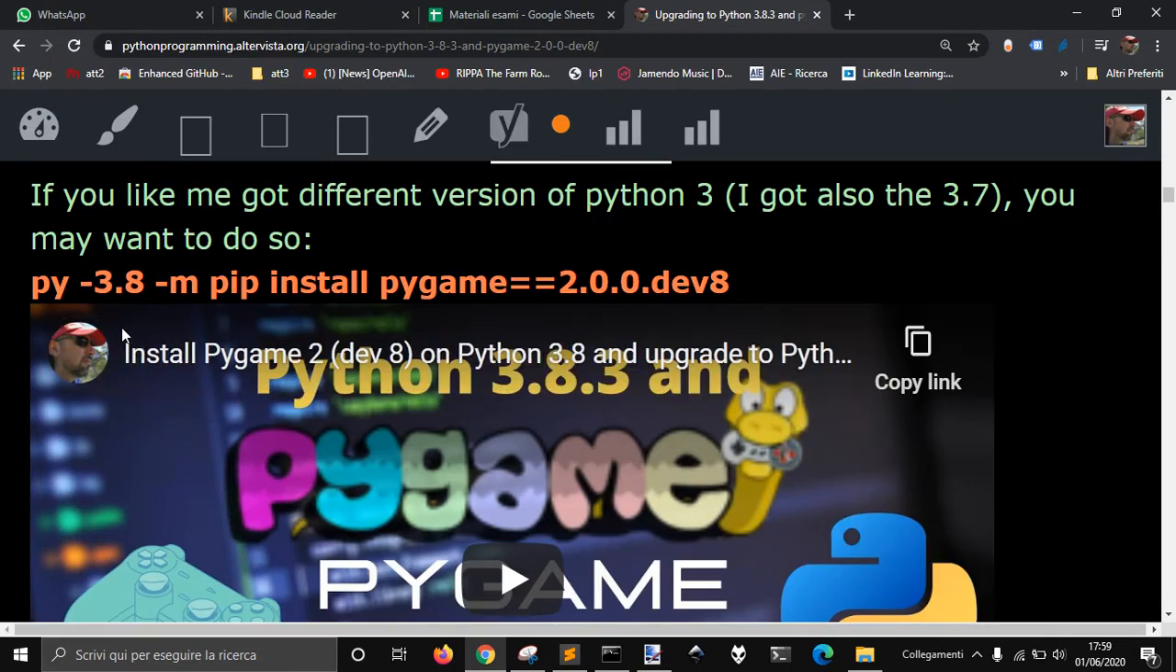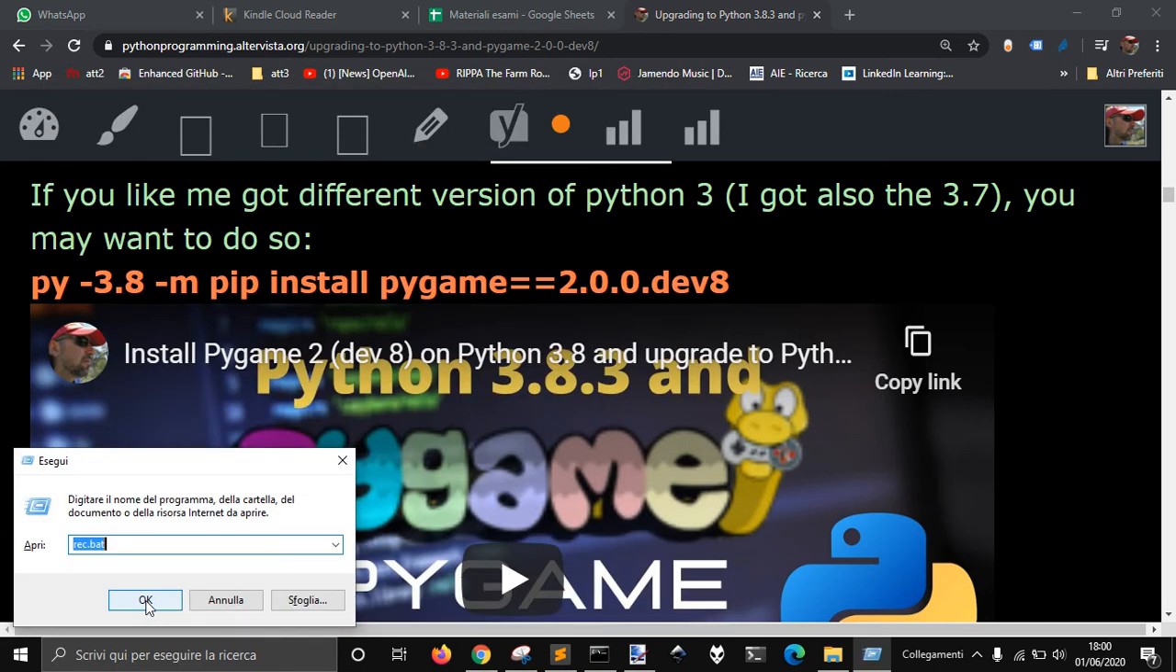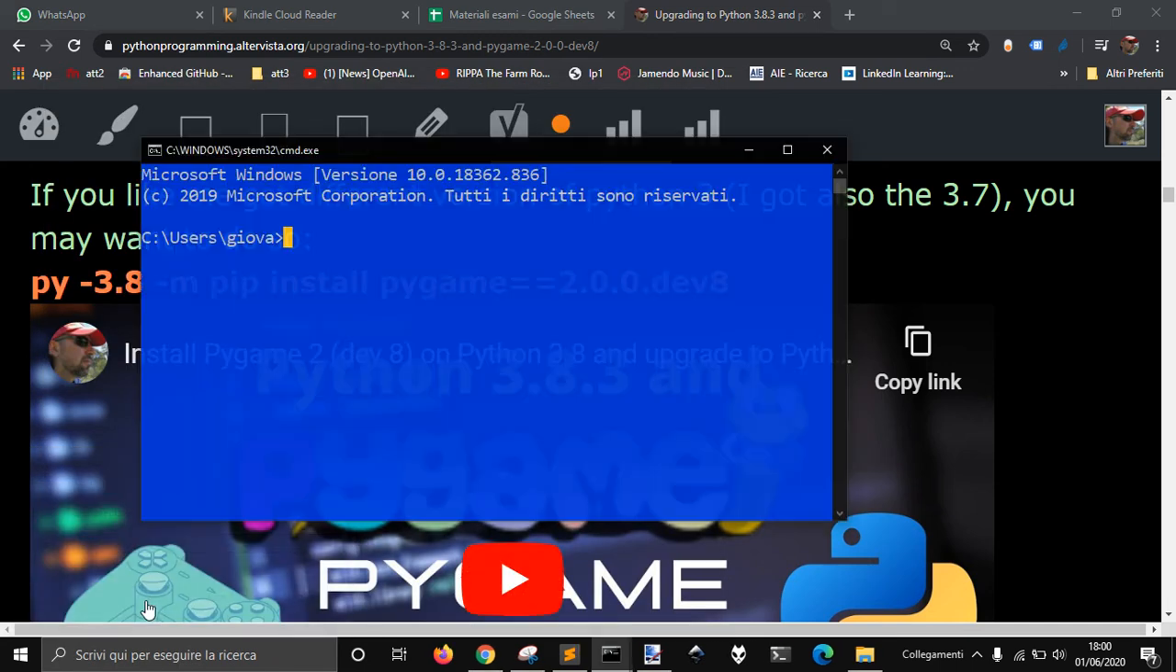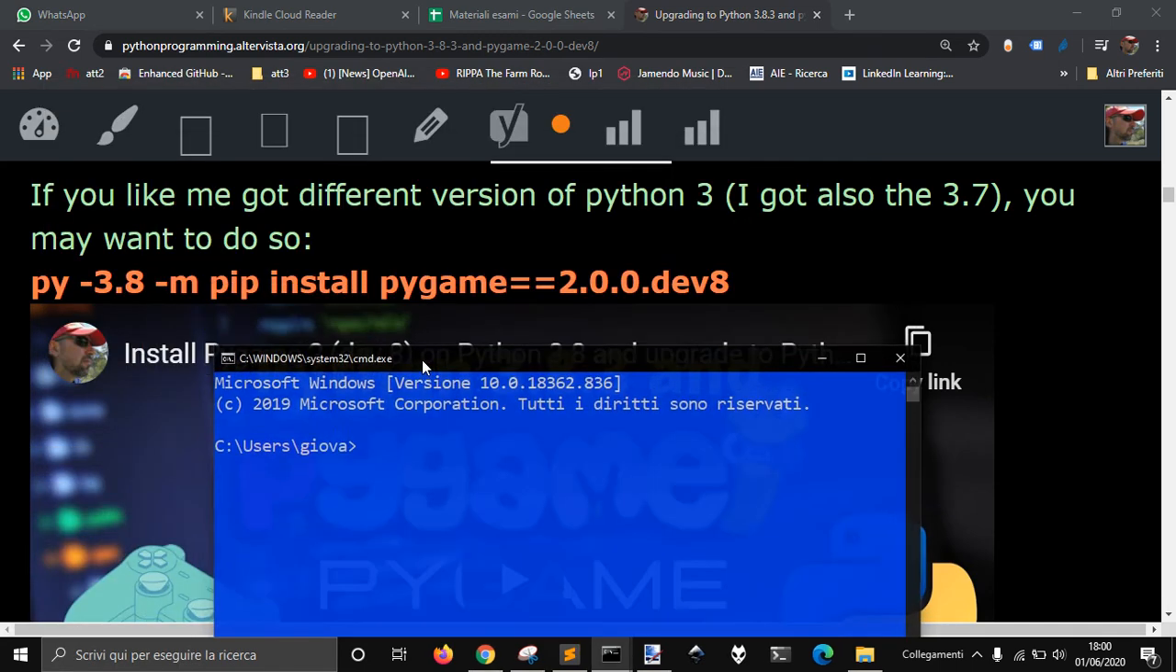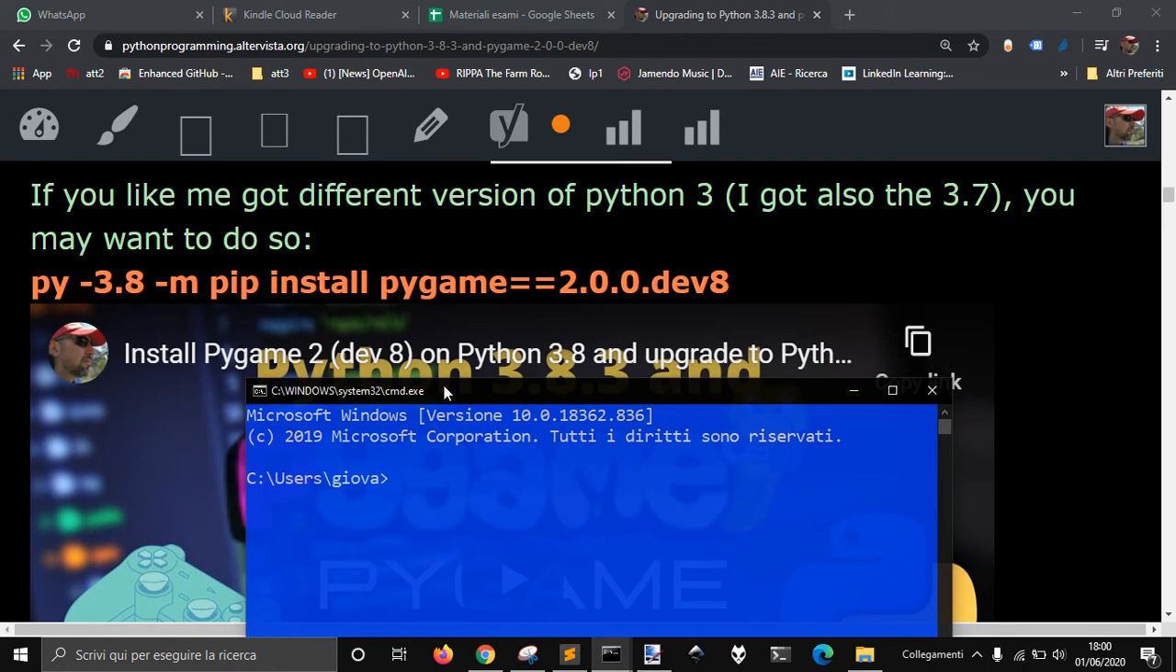Hello everybody, not long ago, I think the 21st of May 2020, we updated Pygame to version 2.0.0.dev8. Now we've got the new version, the dev 8 version. So let's install it. I will install it in my